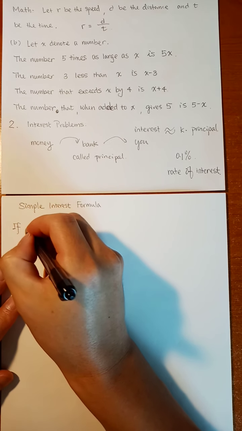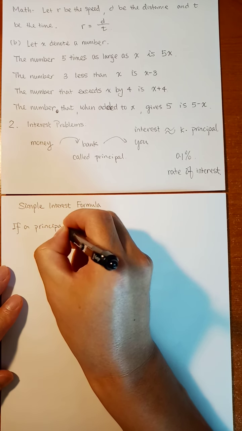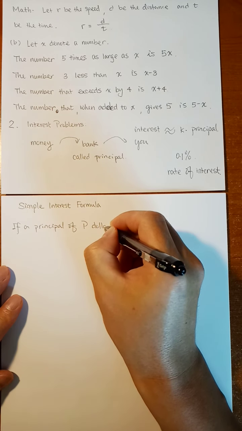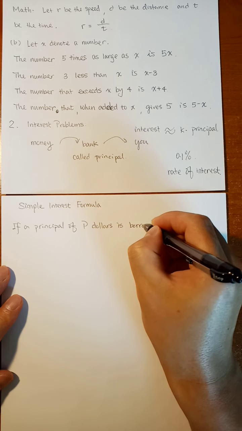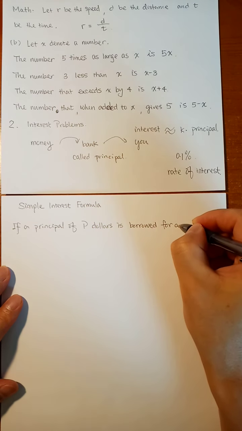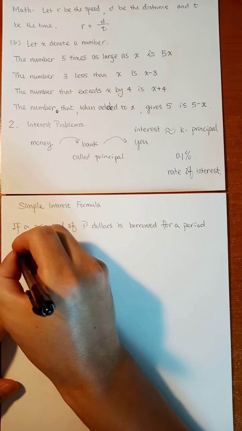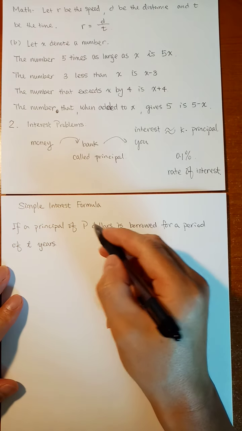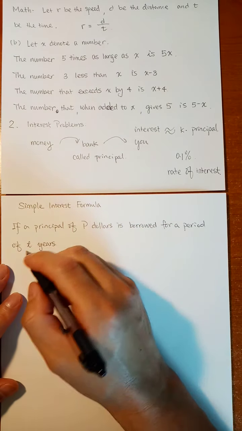If a principal of $P is borrowed for a period of T years, like you put some $P in the bank for 5 years or 10 years,